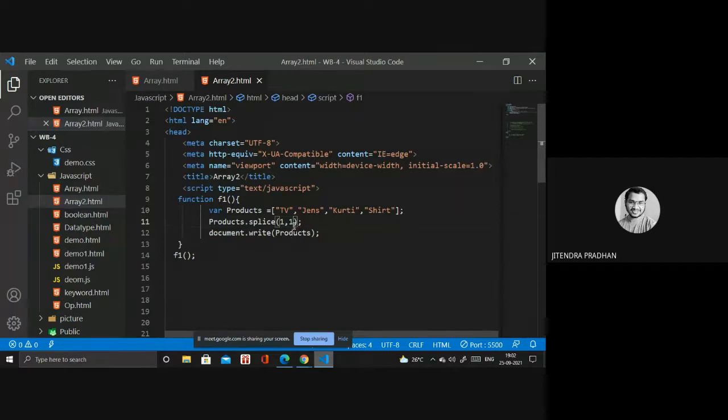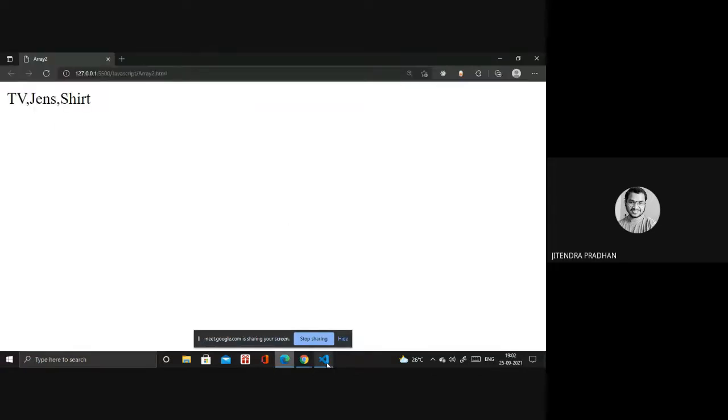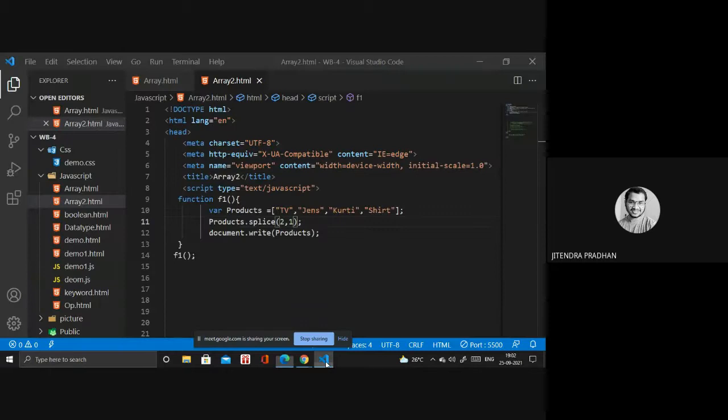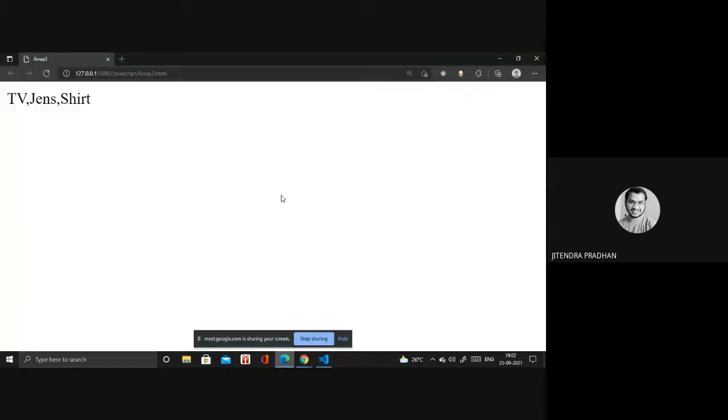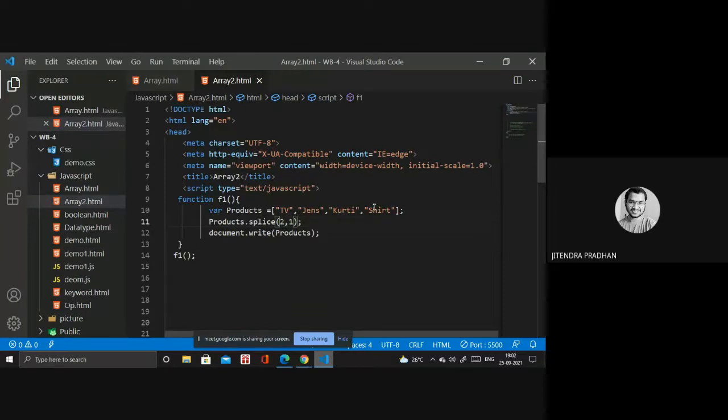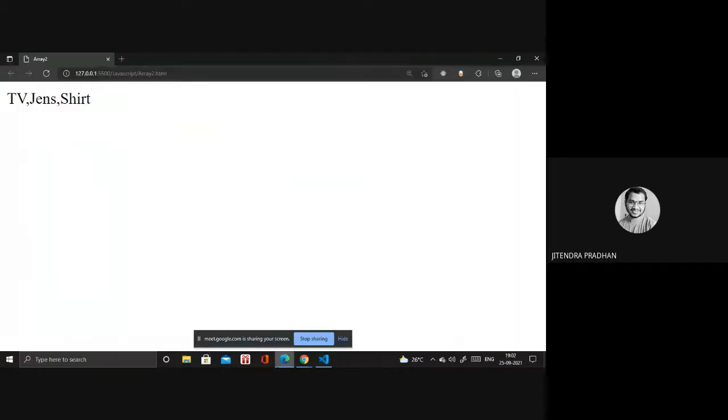If you want to delete the second index, jeans, then you have to write two, and it will remove that one. What is the second one? It's kurti, so kurti is gone. And if you want to delete kurti and shirt as well, then you have to write the delete count as two. Okay, I hope you got this point.